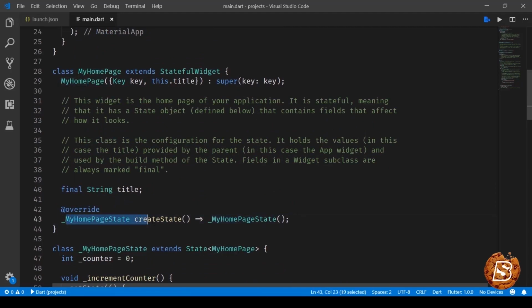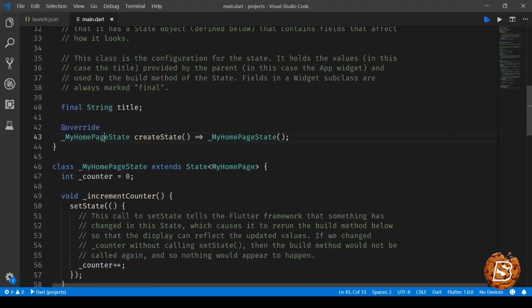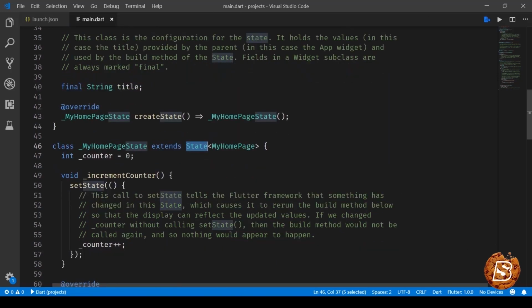And here you can see we are having the state created. So MyHomePage createState, MyHomePageState. That's how this becomes a stateful widget. And here you can see its definition, class MyHomePageState extends State. State over here is not a widget, it's a class, and this basically makes use of the counter variable,